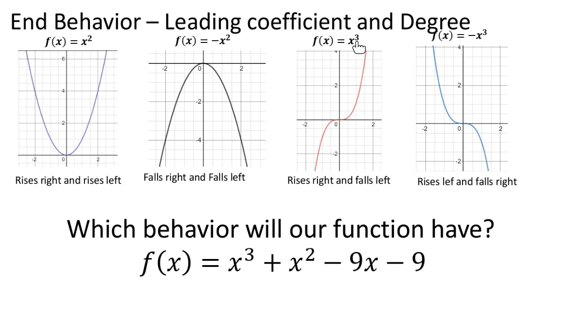And then the x cube, if it's positive leading coefficient with an odd degree, then it's going to rise right and fall left. And then negative x cube, which means odd degree, negative coefficient, you're going to rise left, fall right. Okay. So our example, which behavior